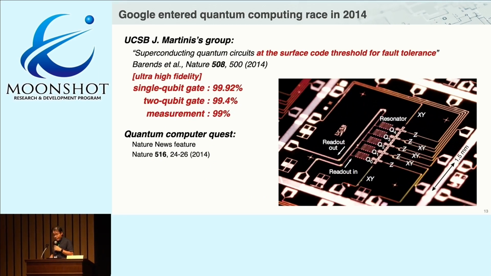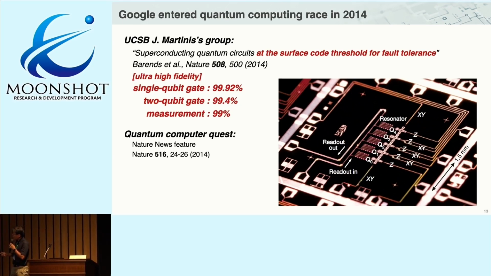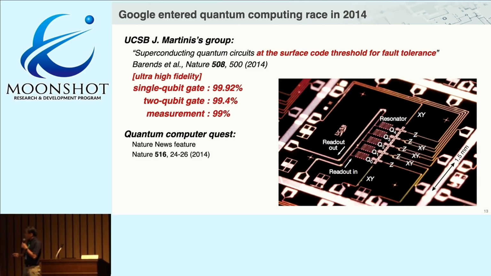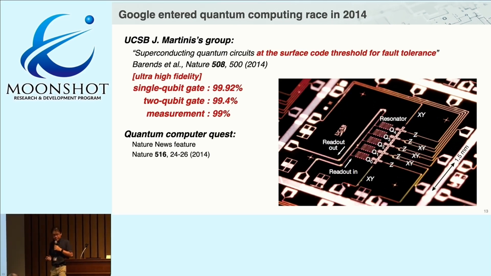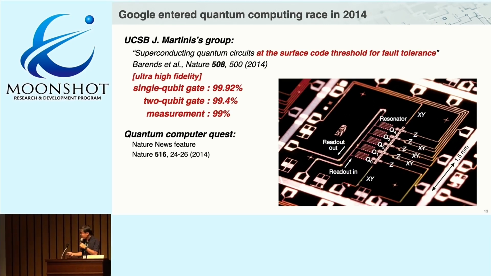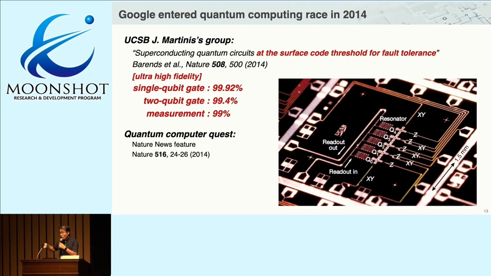And this level of ultra-high fidelity was actually achieved in 2014. John Martinis's group at UCSB reported a superconducting quantum circuit at the surface code threshold for fault tolerance, and they achieved pretty ultra-high fidelity quantum gate operation: single-qubit gate 99.92%, 2-qubit gate 99.4%, and measurement 99%. While these qubits were aligned in a line, not a 2-dimensional array,